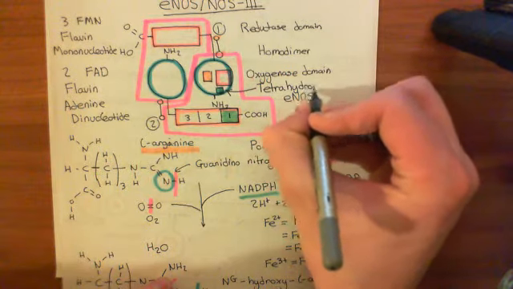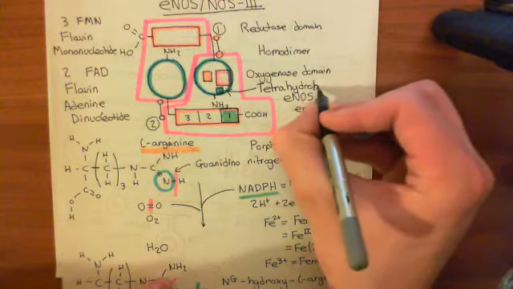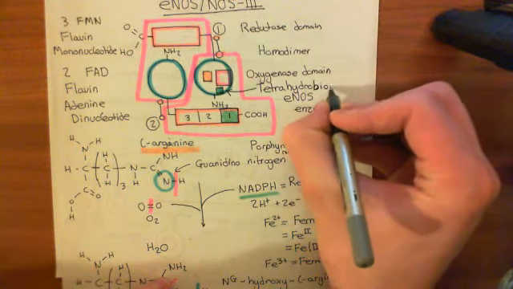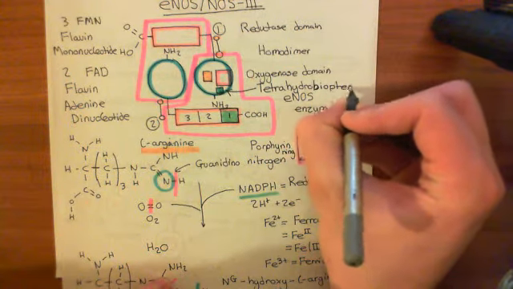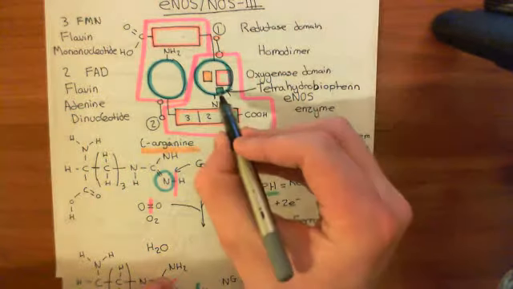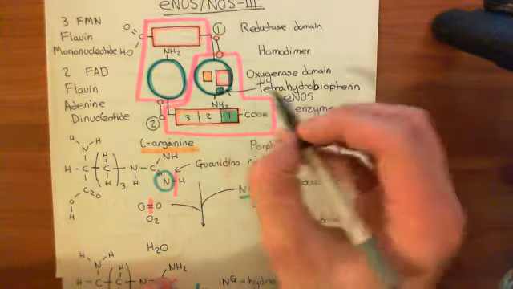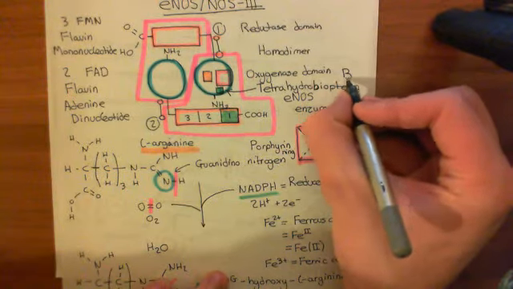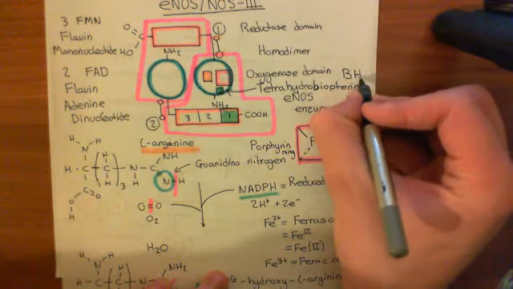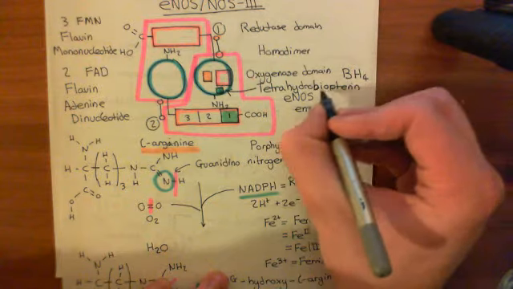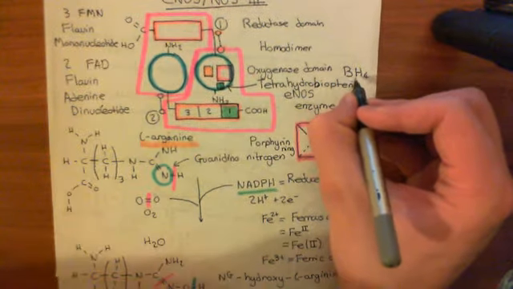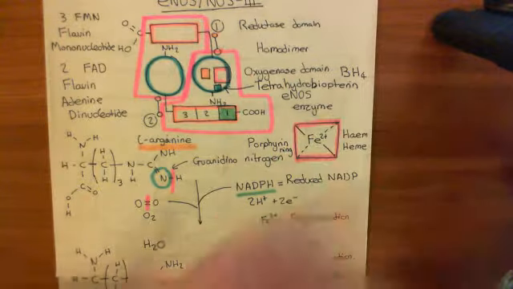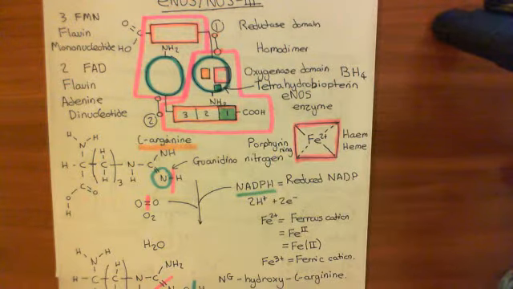Okay, so tetrahydrobiopterin. Okay, so tetrahydrobiopterin is the cofactor for this eNOS enzyme, which needs to bind to this little turquoise box which I've drawn here. Now, tetrahydrobiopterin is often denoted BH4, the B standing for biopterin, and then the H standing for the hydro, and then 4 times tetrahydrobiopterin.